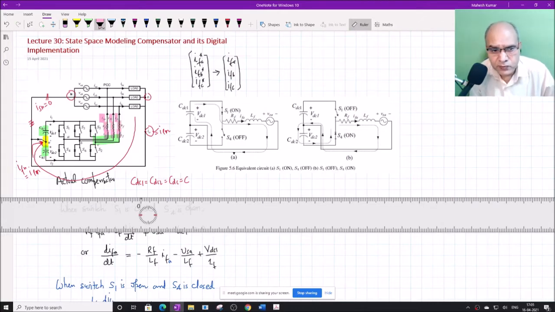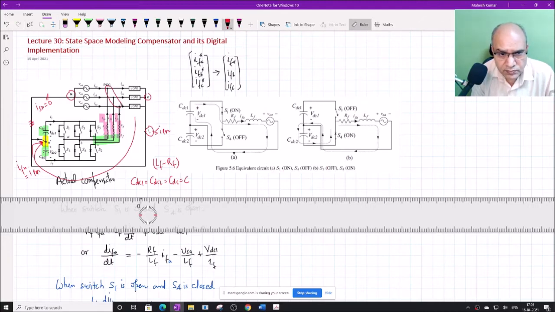Ideally RF must be 0, but since any inductor has some resistance, this resistance is expressed as a series resistance with the inductance LF. So LF and RF form the inductance and resistance of the filter, or interface inductor, between the PCC and the